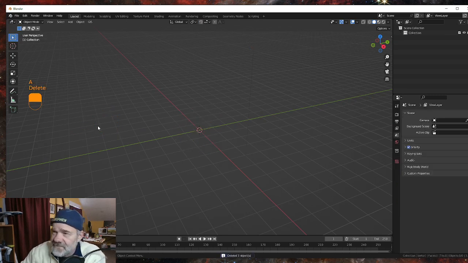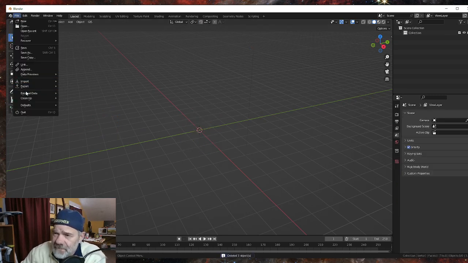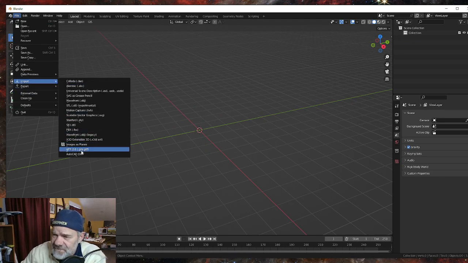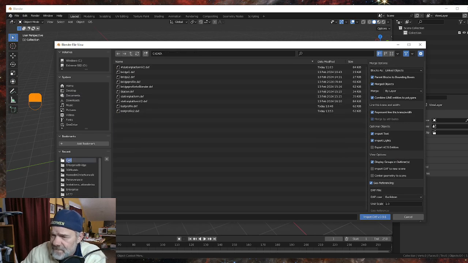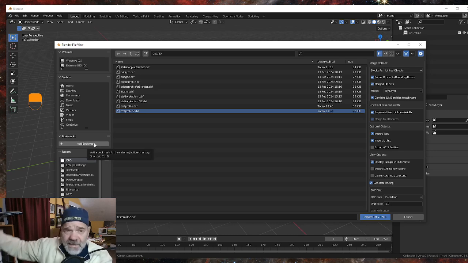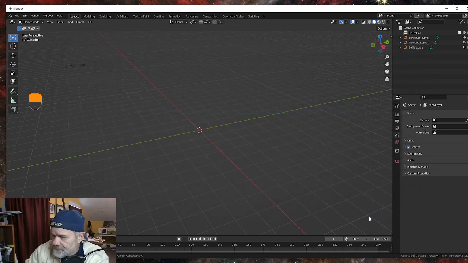Delete everything that's default. Let's go to File, Import. Make sure your extensions, your plugins are enabled for DXF. Go to the CAD, and I'm going to do Profile 2 because that's the one I scaled in Libre. Okay, I multiplied the original drawing by the same 254 and got the meters. We'll import that, and of course it places it over here because